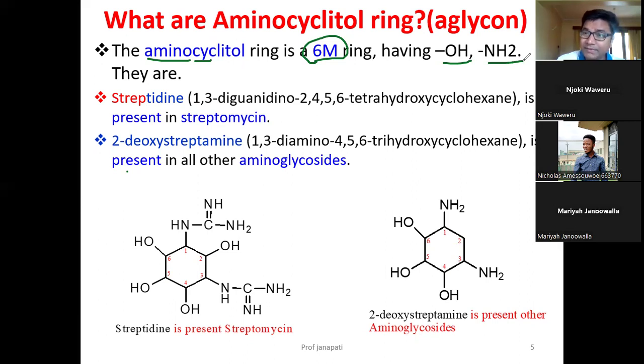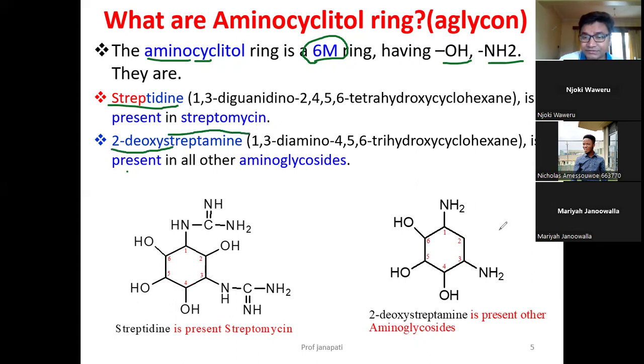Now, there are many aminocyclitols, but two forms of aminocyclitols are available in these marketed aminoglycosides. We also learned that aminoglycosides can also be called aminocyclitol antibiotics because they consist of that. There are two prominent aminocyclitols. One is streptidine. You can see these are the streptidine molecules. And one more is